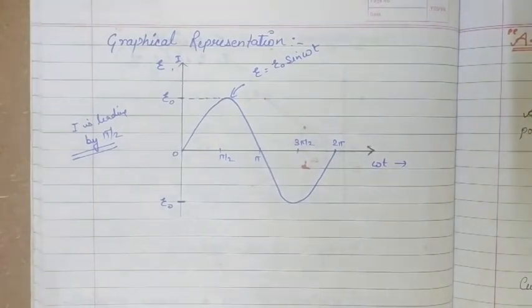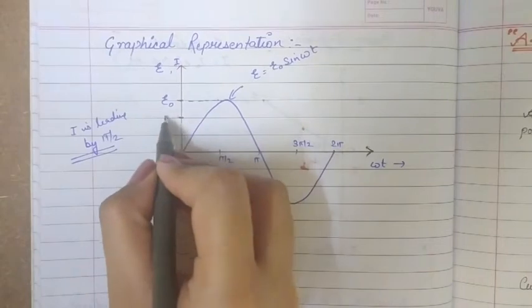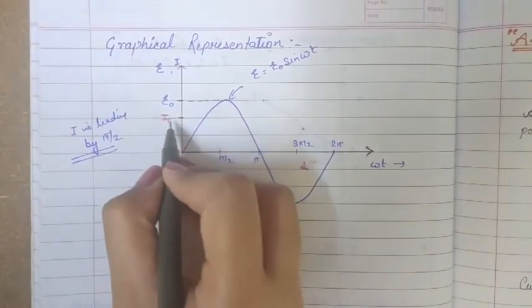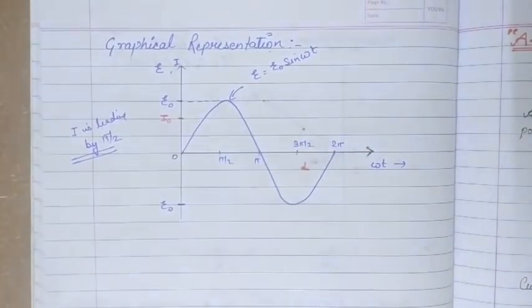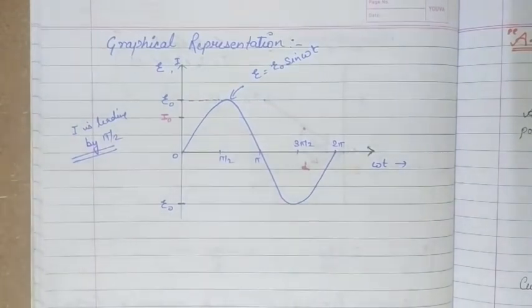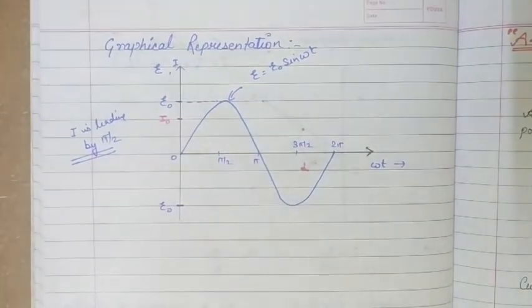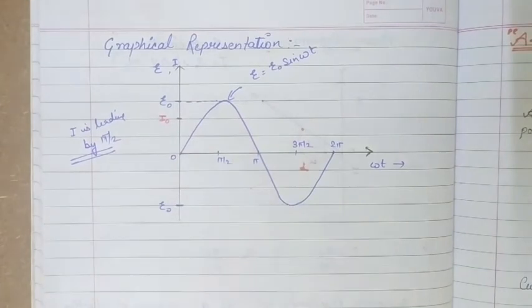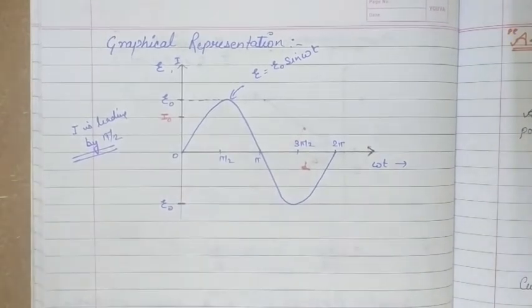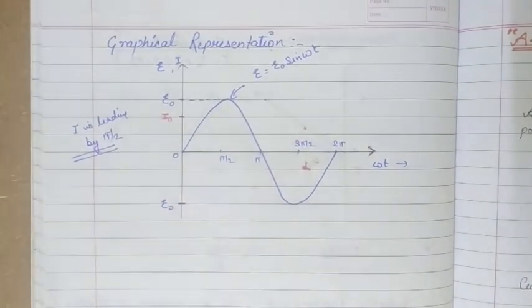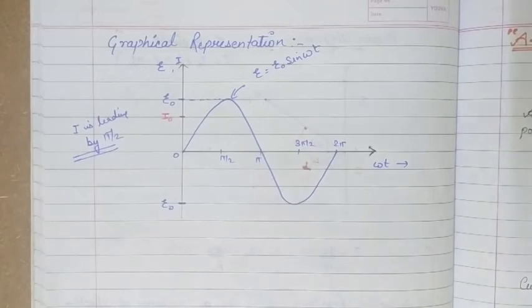Now we have to plot the curve for current, in which it is showing that current is leading EMF by 90 degrees. First, the peak value of current will be smaller than EMF. Current का जो peak value होगा, it will be less than EMF by the relation I naught is equal to epsilon naught upon 1 upon omega c. We are dividing epsilon naught, so it will be less than epsilon naught. Second thing, जो हमें answers मिलने वाले हैं, it will be like this, that current is leading the EMF in phase by pi by 2.